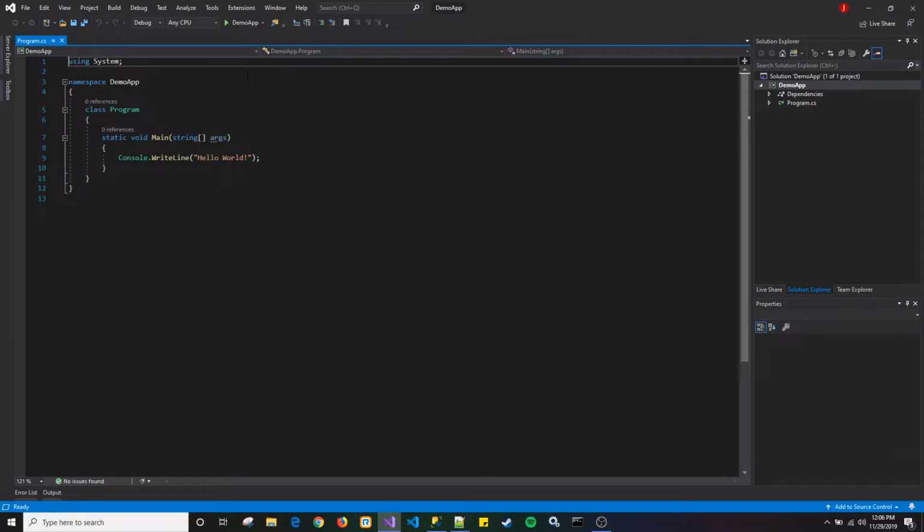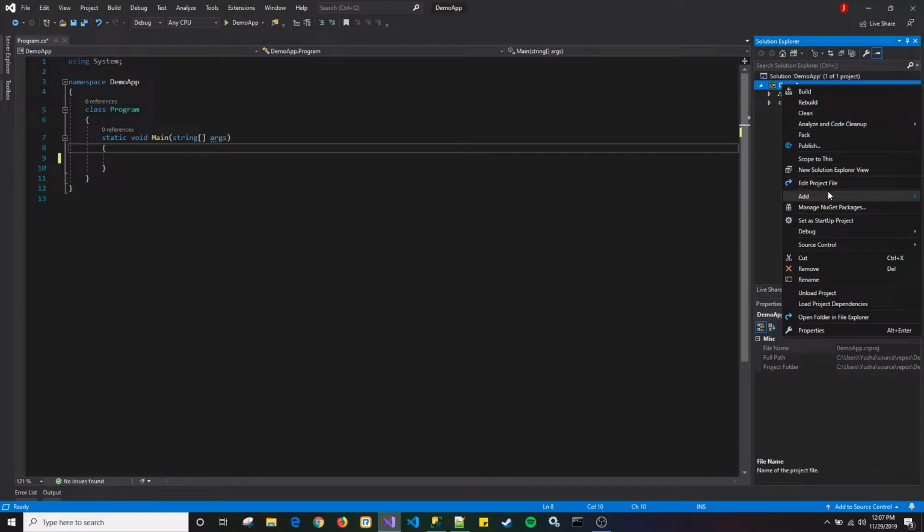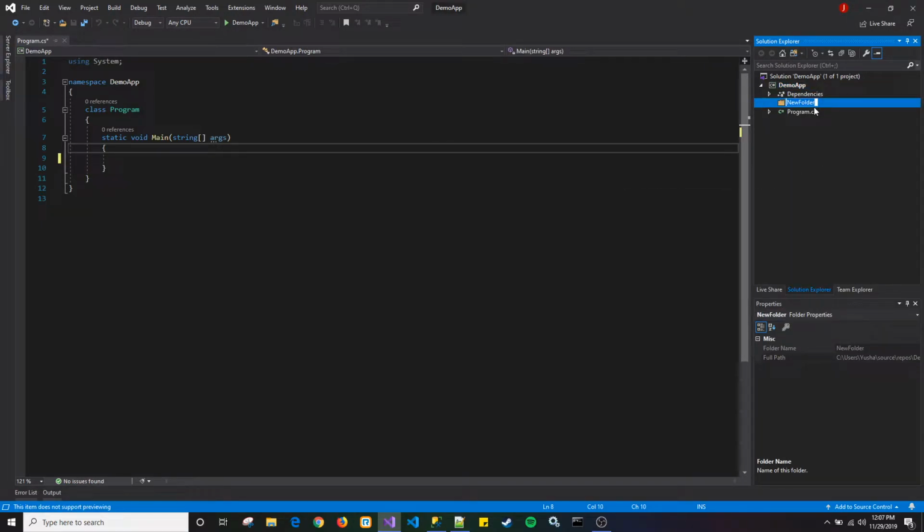So the first thing we're going to do is create a little menu here. Try to make it simple. What I like to do is have everything displayed in a separate folder just for readability. So I'm going to create a new folder. We'll call this utility,